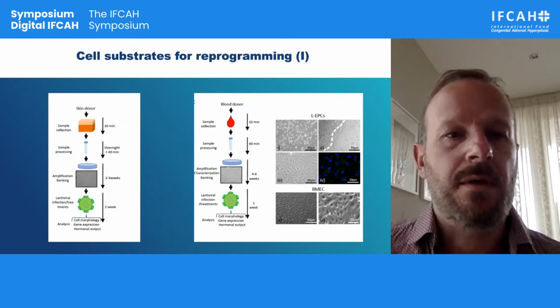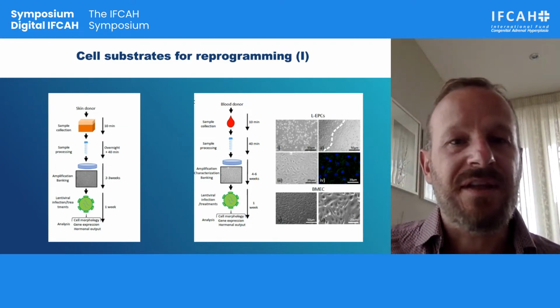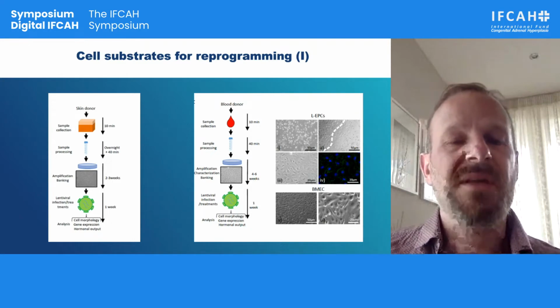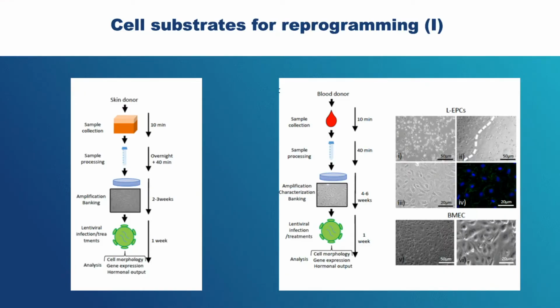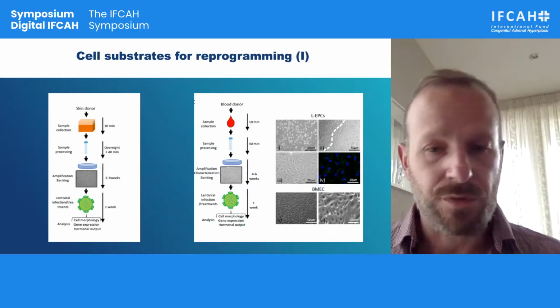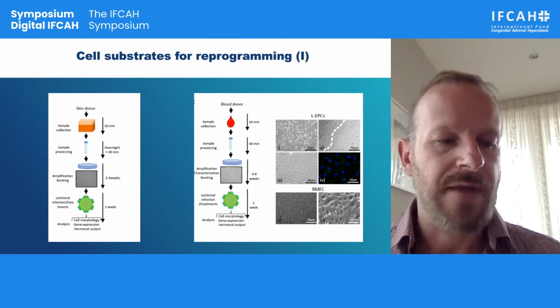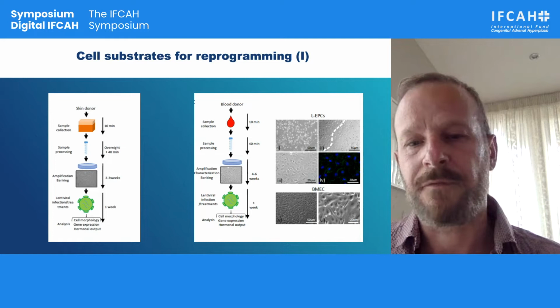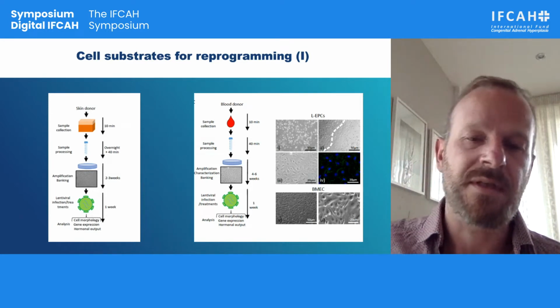As I was saying earlier, we have been using different cell substrates for reprogramming. As you can see on the left, you can use skin-derived cells or skin fibroblasts, which are still nowadays the most widely accepted cell substrate for these reprogramming experiments, and these are very easy to maintain and to obtain. But you need a skin biopsy, which at the time of this study we were not allowed to do. It wasn't in our ethical approval, and we couldn't get skin from patients younger than 16 years old.